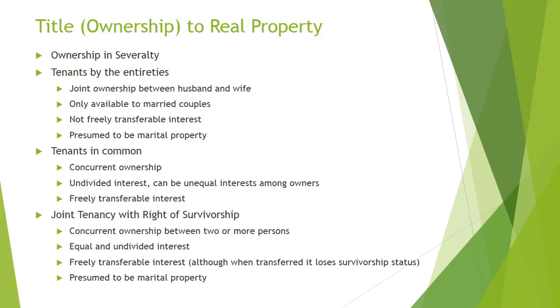Divorce will extinguish this type of ownership, obviously, and this type of ownership is not available in all states, but it is available in Florida. As Keene notes on page 90 of his book, the law creates the presumption that all real property held by the parties as tenants by the entireties is presumed to be a marital asset. Property held by spouses as tenants by entireties belongs to neither spouse individually, but each spouse is seized of the whole. So the whole property is owned by each of them, even though they each have an interest together.